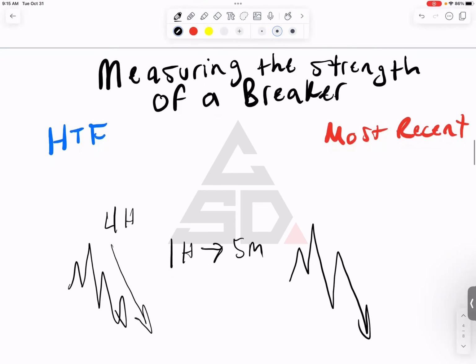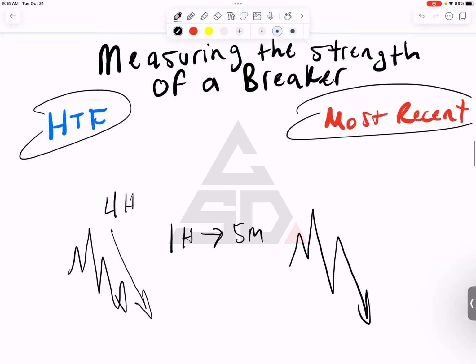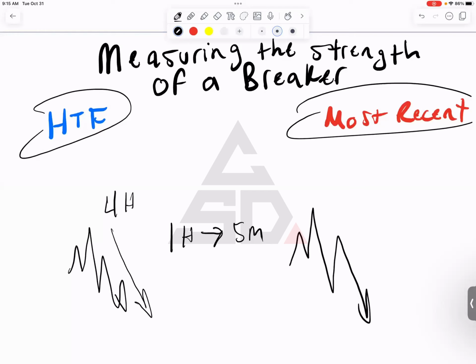Measuring the strength of a breaker. This is how you measure the strength of a breaker. One, higher time frame. Two, the most recent. So when I'm looking at my chart, I'm at that point now where when I look at my chart, I can